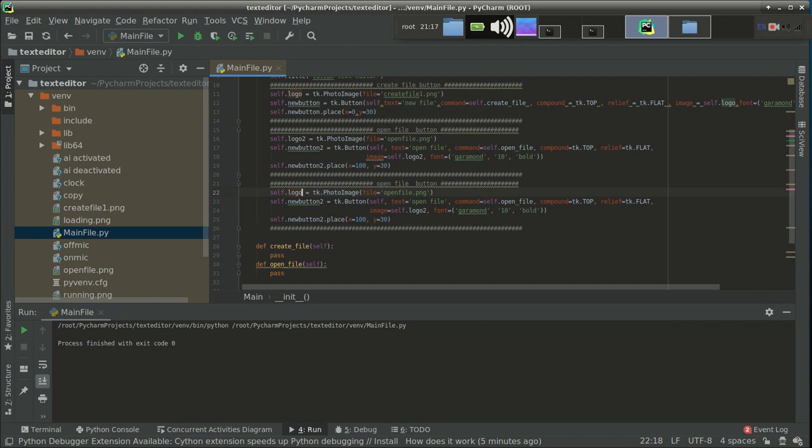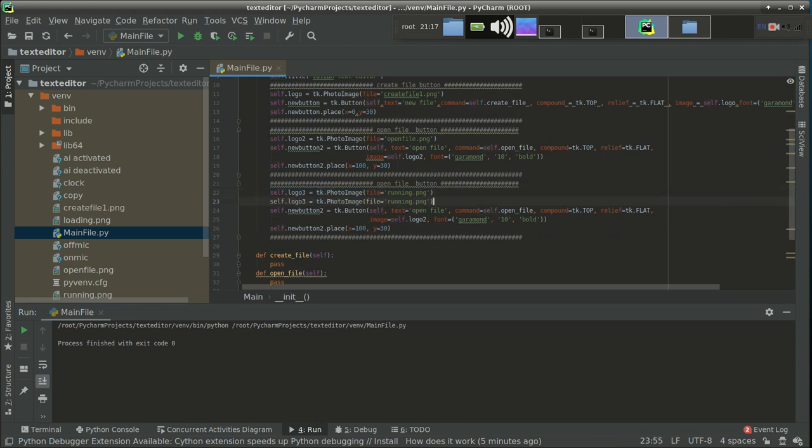So this is going to be logo 3 because we have used logo 2 over there. So image name will be running, as you can see, running.png. Similarly, just copy this line and paste over here. The name of this image will be logo 4, not running.